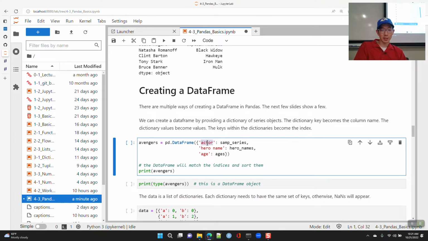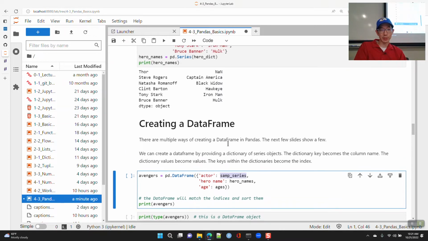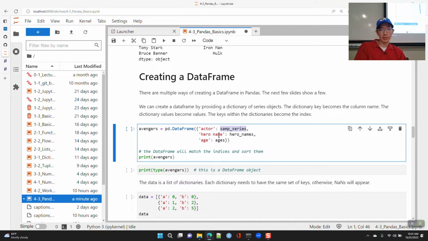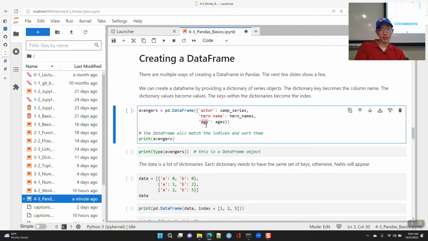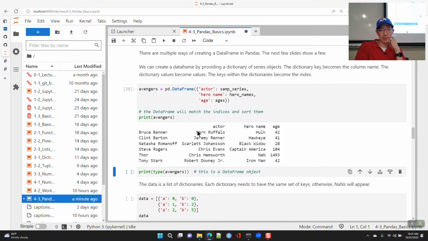The column names will be actor, which is our first series. Then we have a column called hero name, and we're going to take the hero names series, and then we'll have a column for age where we take the ages series. Okay, and here it matches up the indices, and it sorts them by the index. So the default is it puts the indexes in alphabetical order, and there you go.